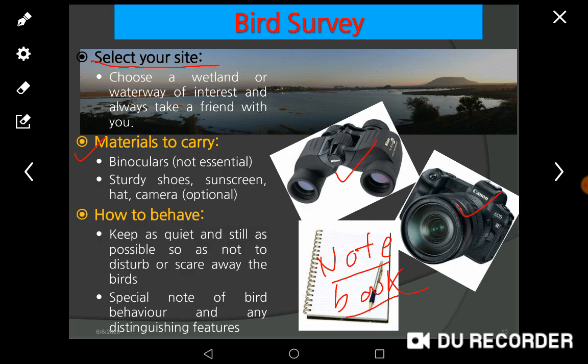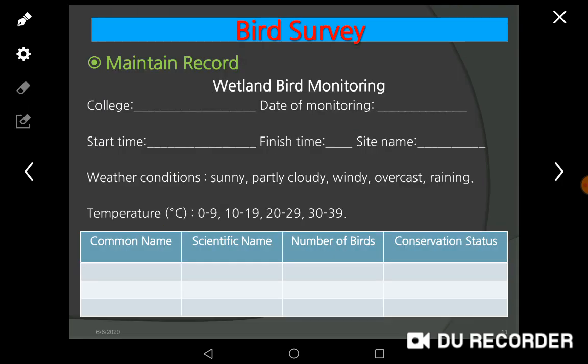Then, to regularize this bird survey, because birding is a hobby, I know that, but this hobby can be converted into an education.